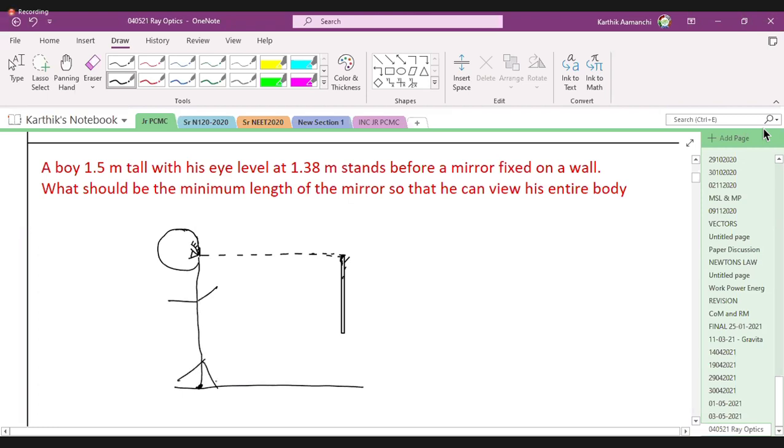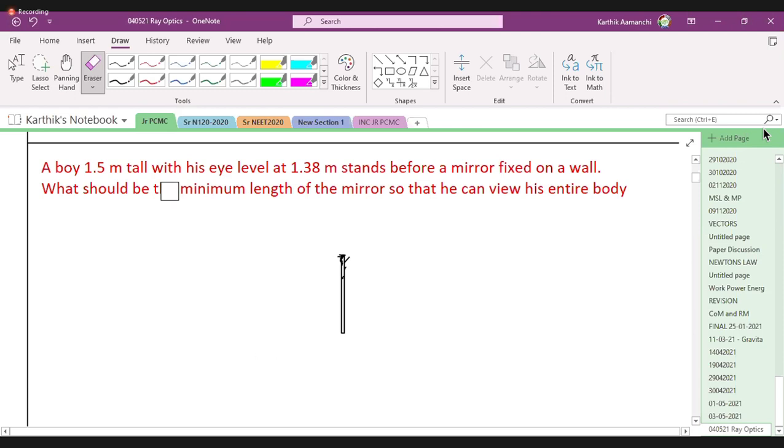Let me put his face something like this. Hands, legs. I'm very bad at drawing. So let me say these are his legs, and this is how the boy is, right? So this is his eye. The eye level is matching the top of your mirror, correct? So now see, if he needs to see his head, correct? Yes, sir. So now that you have understood the diagram,